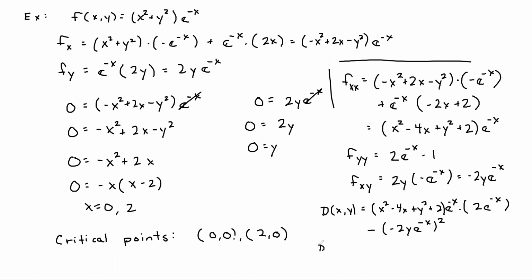And let's see, is it easy to just plug in? All right, so if you plug in 0, 0, what's going to happen here? This is all going to turn into 2. e to the 0 is 1, so just ignore that. This all turns into 2. And then minus, and then this all turns into 0, right, because of the y. So we get 4. And what was the sign of the second partial with respect to x? It was 2, right? So 2 is greater than 0. So we get a local min